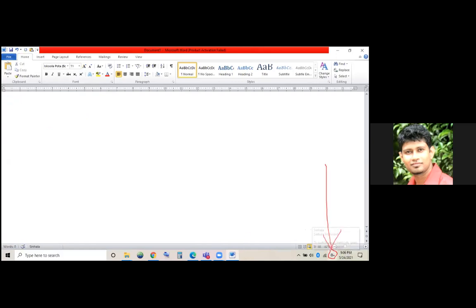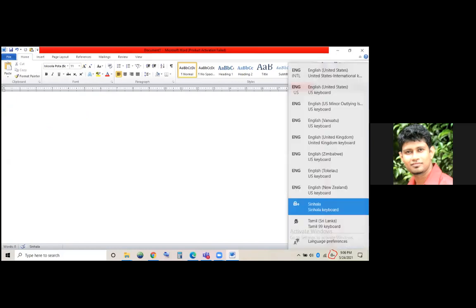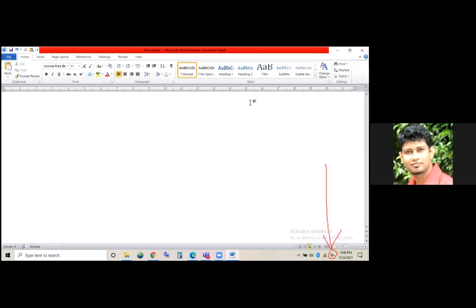When you press this, you can change it to even Tamil, English. So a lot of keyboards. Alt Shift is basically to change between Sinhala and English.